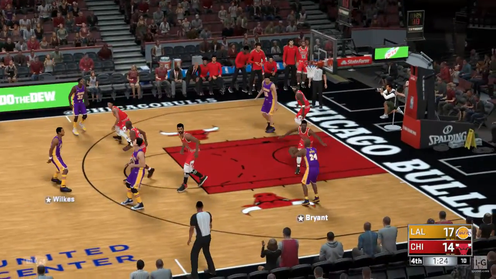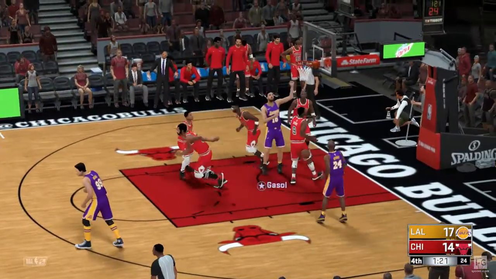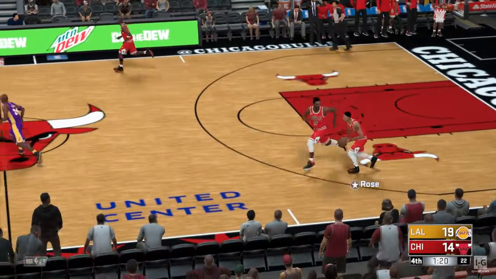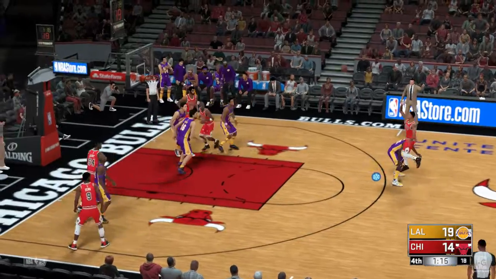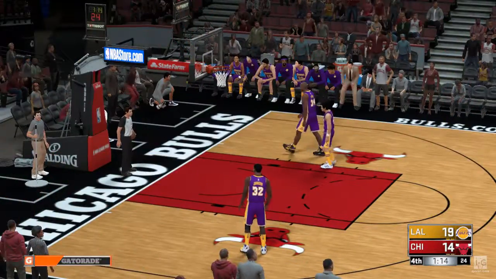Johnson, the pass to Wilkes. Here's Kobe. Here's Gasol. And a good offensive board. And he gets the bucket. Gasol's got the first field goal of the fourth quarter here for Los Angeles. To the middle. Out of bounds, the Lakers will take possession. Poor timing on that play causes the turnover.